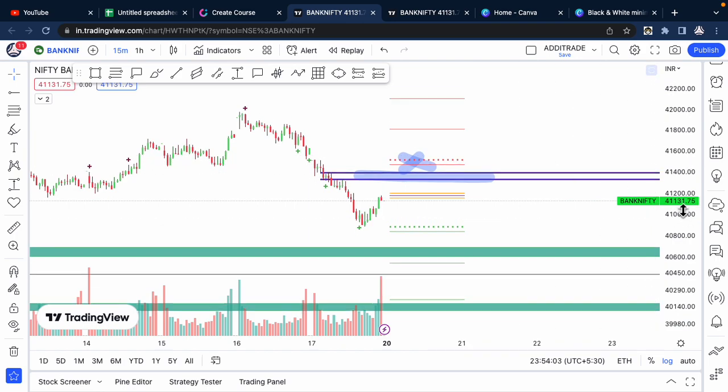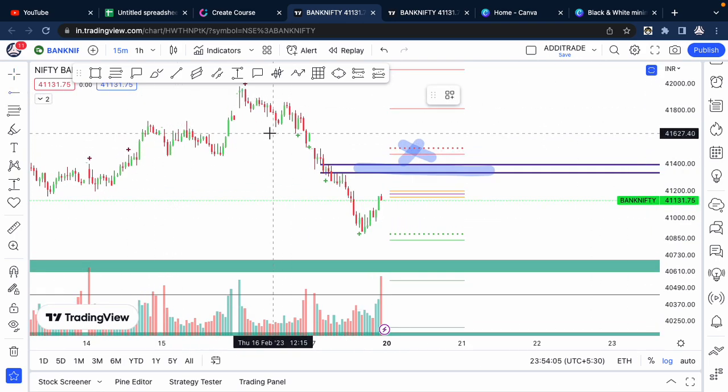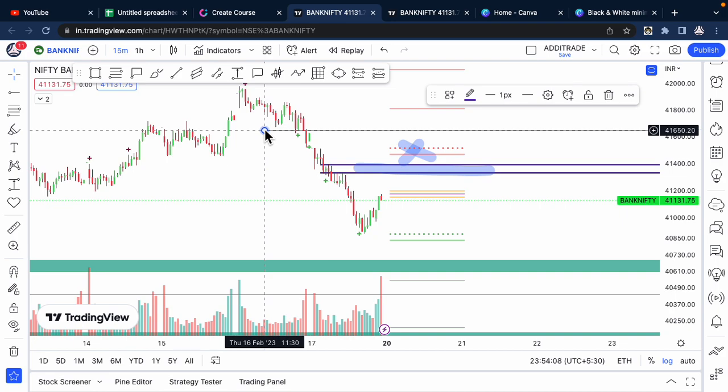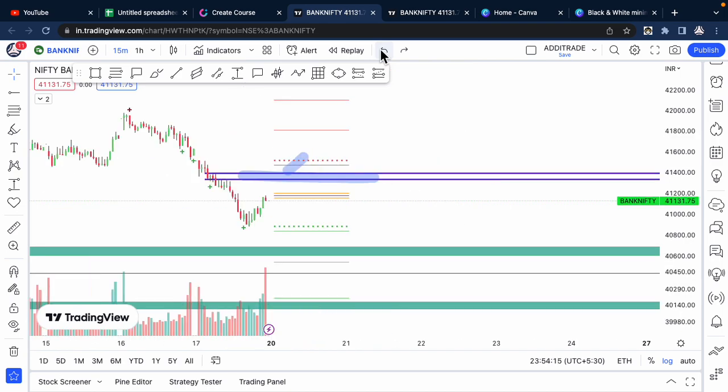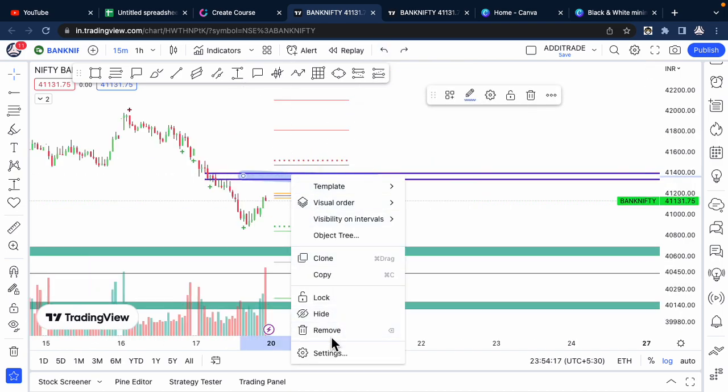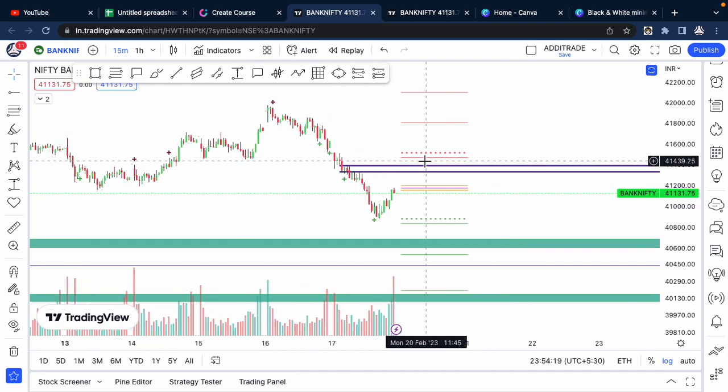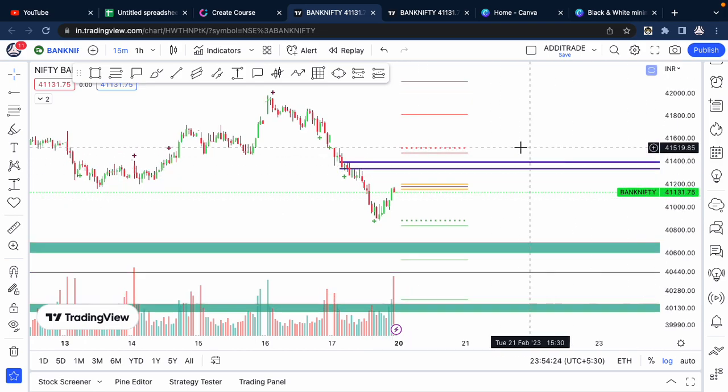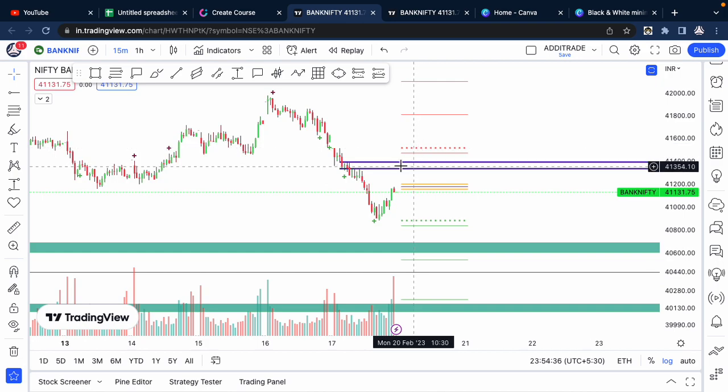That is a bit too much on the upside, but yes, the first level of resistance is over here, 41,600, then 40,800. Obviously the mood is on the downside, the bias is on the downside, so we will look for a nice short trade, probably a bounce. Any bounce will be sold is our view. But if we get a strong closing above the previous day high, that is 41,500, right, then definitely we'll think of going long. We can try and avoid any sort of a long trade,